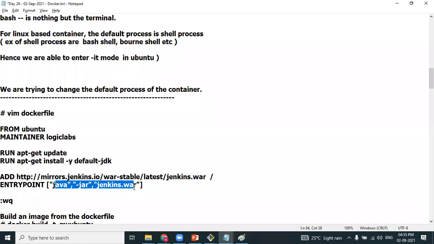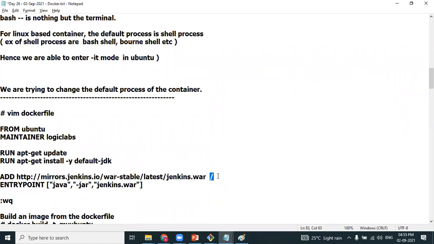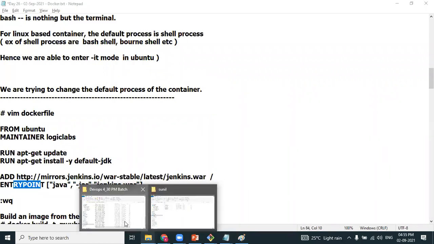Correct. So ADD is an instruction which is used to download a specific file. I want to download the jenkins.war file, and the destination where I want to download it is the root directory. So the ADD instruction helps you to download a file from a specific URL. Once the file is downloaded, using the ENTRYPOINT keyword, I want to go back to the documentation of